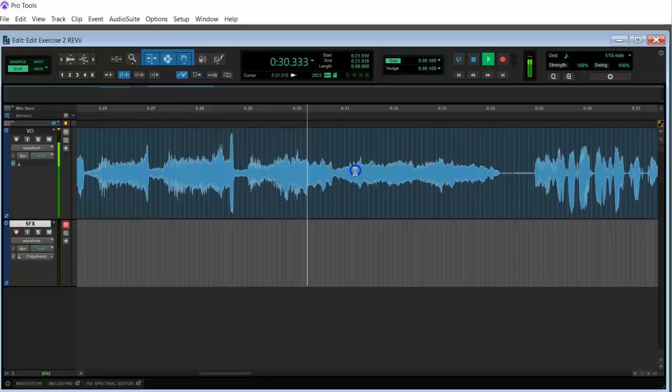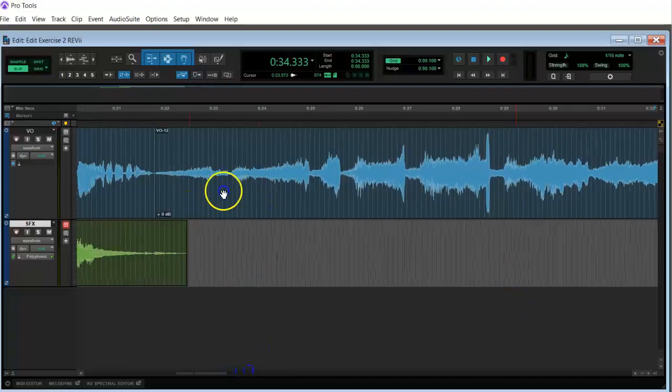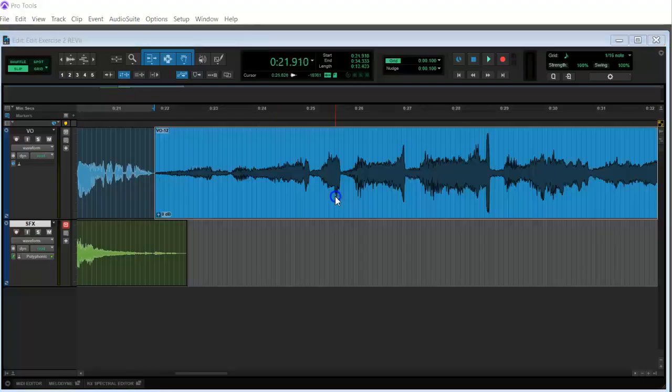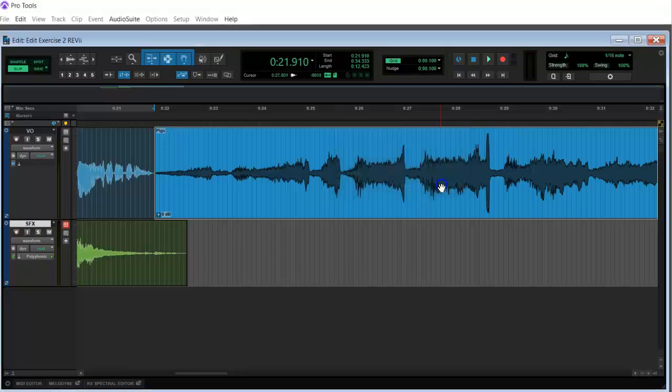It really goes on for too long. Okay, so right here is the end of the pigs, a letter B. And now I'm just grabbing the scroll bar on the bottom. But I am going to rename this. Remember, that's a double click with the grabber. And this is pigs. And now I have a real long section of pigs.